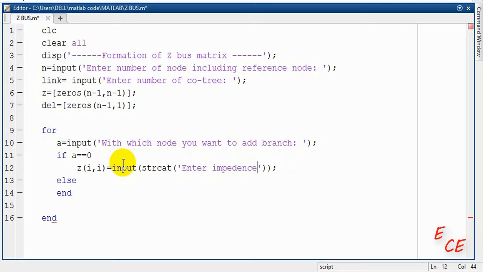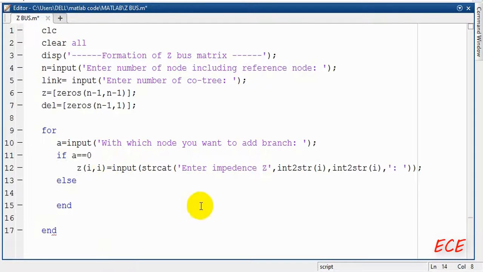and put it inside that position in the Z matrix. So here I'm just writing the input, and we are using strcat to get both string and number, and for number we are using integer to string, int2str. We need to write it like this, and then inside the parenthesis we will give the parameter. This parameter will be i and i, because this is our diagonal element. And then we will put a break, and inside the else condition we will write another if else condition, because